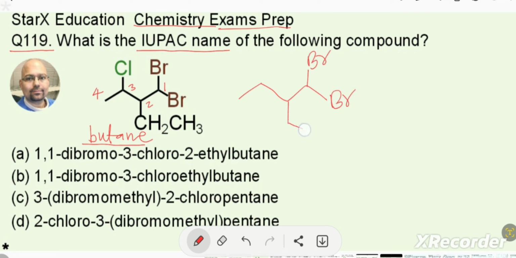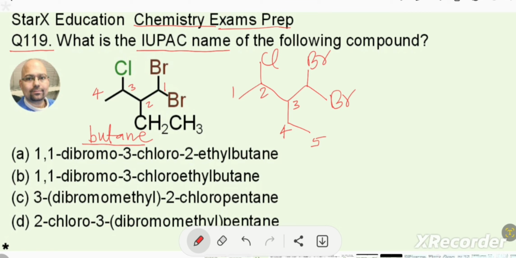So once we write down our ethyl group, and if we count from the carbon that is close to Cl, which is this one, so 1, 2, 3, 4, 5. So now the carbon chain is 5 carbons long,